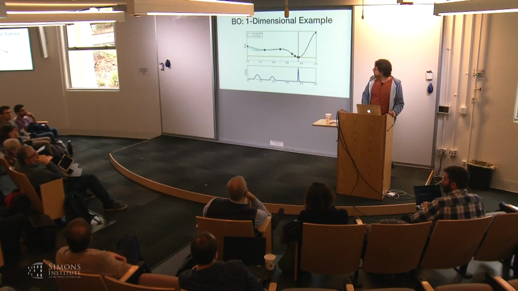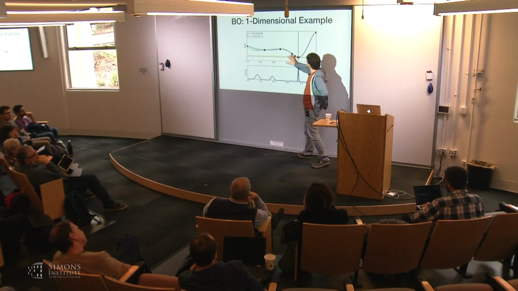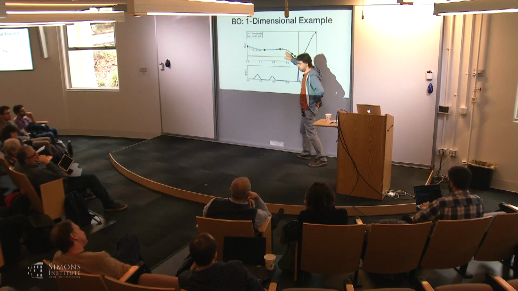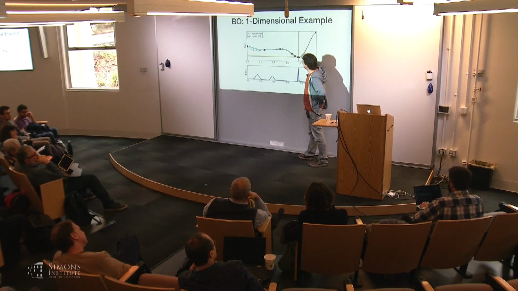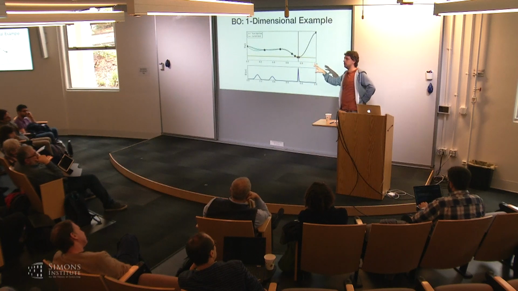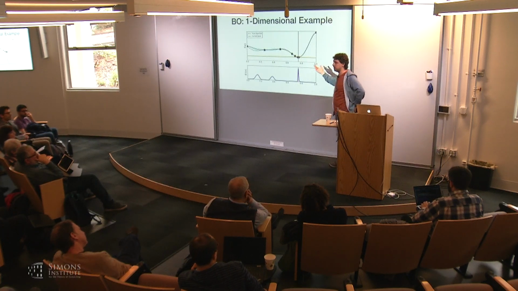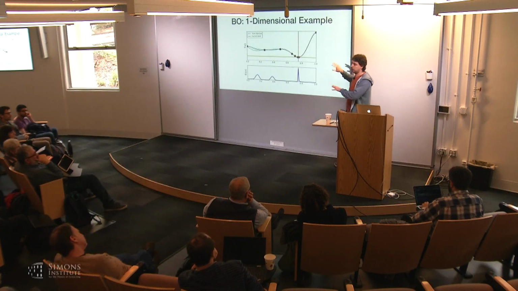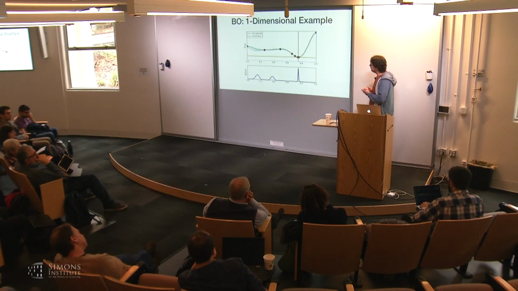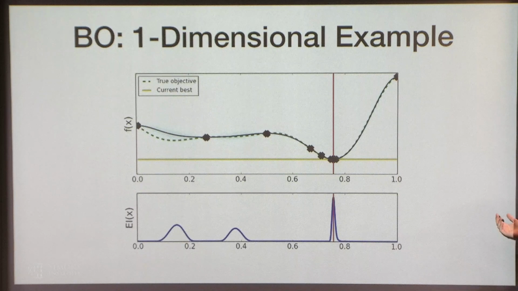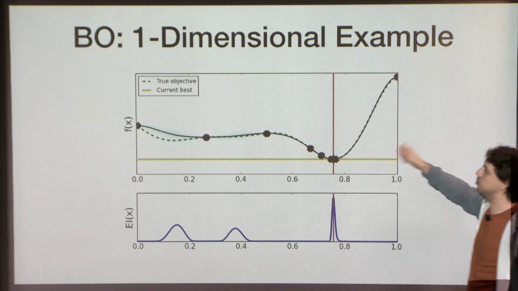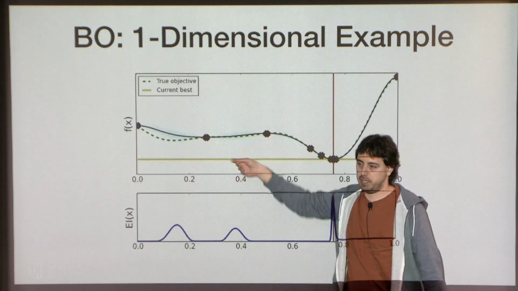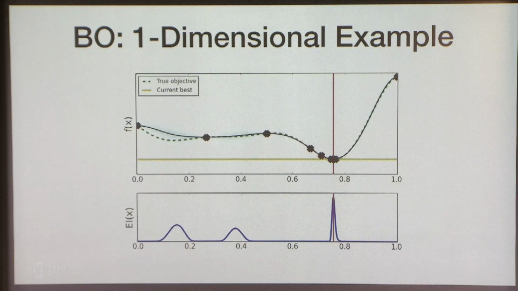A prior, so in this type of models, there's a prior about the function that we're trying to optimize. And the prior is encoded in terms of a kernel that helps you define the Gaussian process. And this is where the smoothness assumption comes from. So you encode smoothness assumptions or other sorts of assumptions in the kernel of the Gaussian process. And it's important that you have at least some assumption, because if the function was totally wild, how am I ever going to find the minimum with anything reasonable if there's no smoothness?